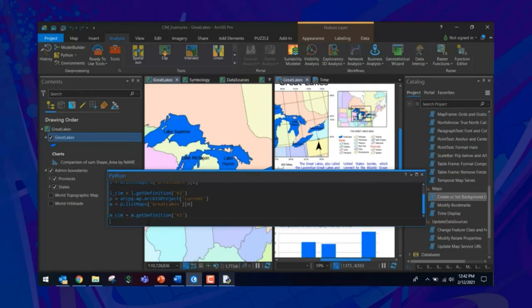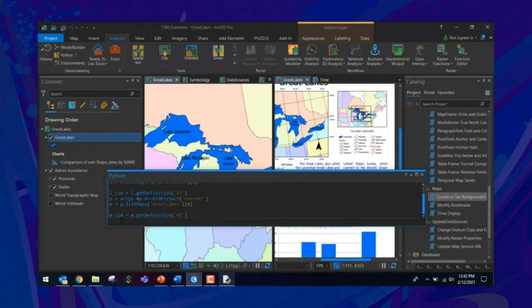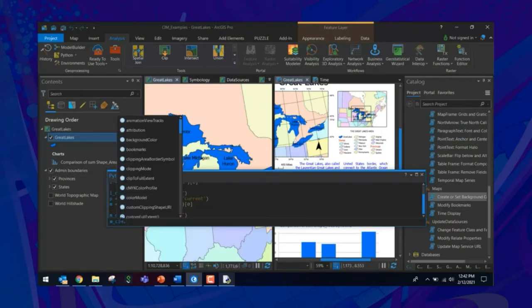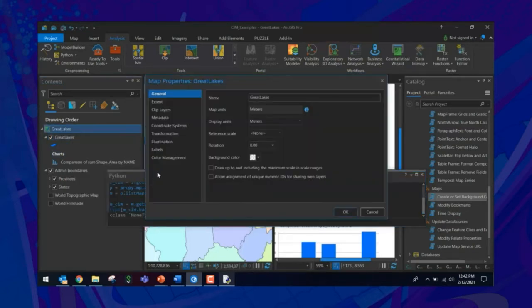Okay, so now that we have the sim representation of a map, we have our map object, which we're all familiar with, but now we have our sim representation of it. And we do have a property called background color. But if I get the type of that returned value, we'll see that it's empty. Because if I go into the properties of my map and I look at the background color, there isn't a color. Therefore, nothing's persisted in the sim. Therefore, I can't change the background color